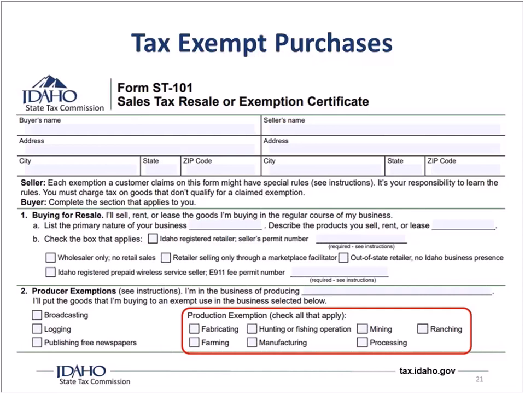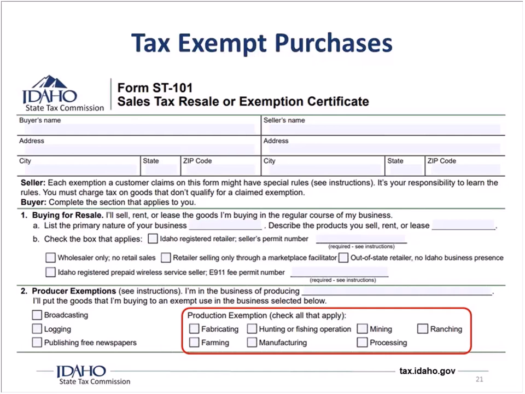And Lisa asked, this is a form you'd use if you sell wholesale. Yeah, if you're selling wholesale, up there in that number 1 box that says buying for resale, there's actually a checkbox in there that says wholesale only. You're not making retail sales. And that is going to exempt you from having to do tax anyway, but this allows you to buy your product without getting stuck for tax on it.